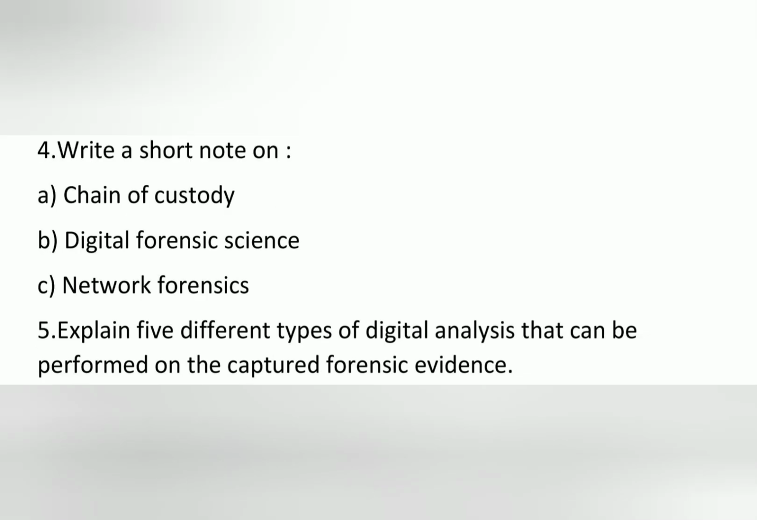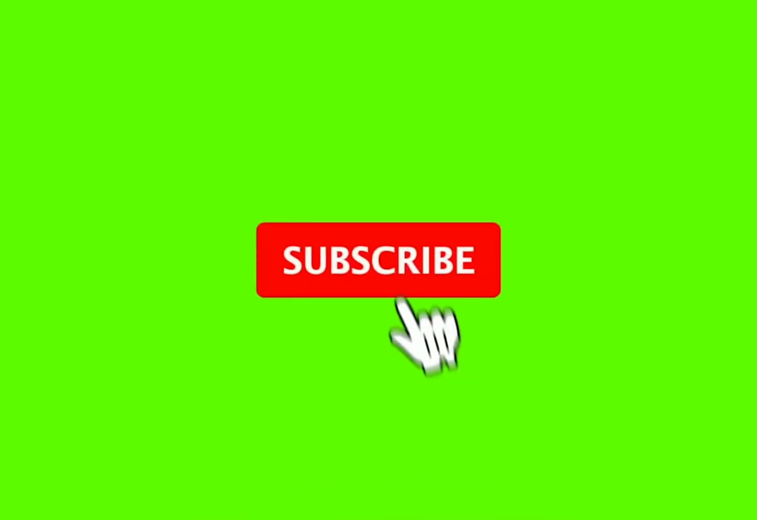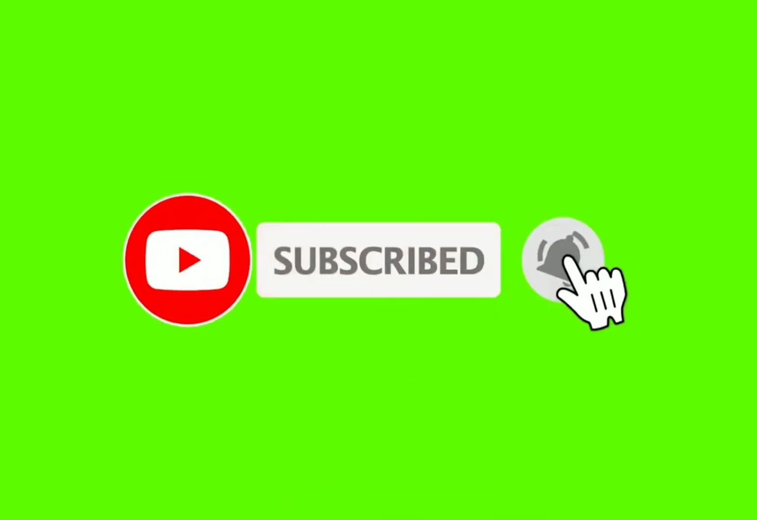The fourth question is write a short note on chain of custody, digital forensic science and network forensics. The fifth question is explain 5 different types of digital analysis that can be performed on the captured forensic evidence. The sixth question is what are the activities involved in the process of forensics. The last question is what are the guidelines to follow for digital evidence collection phase, explain. These are the important questions in Module 5,